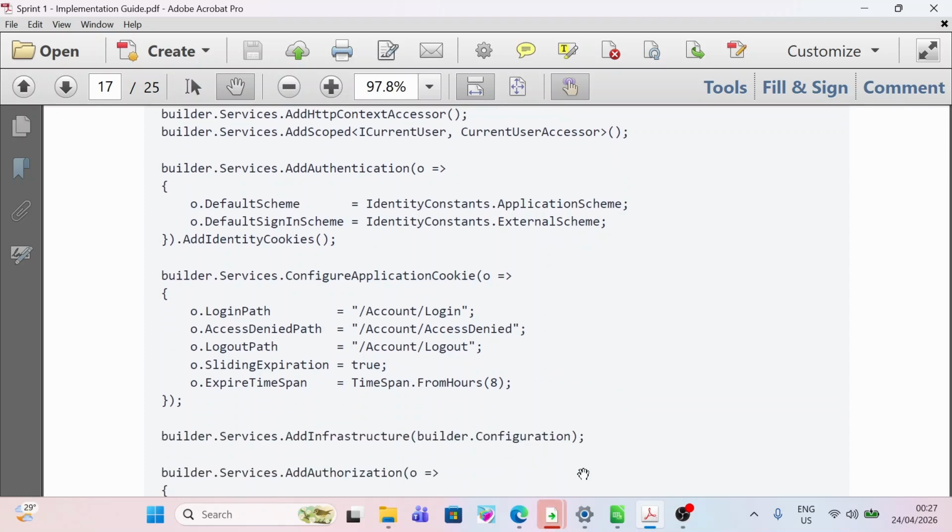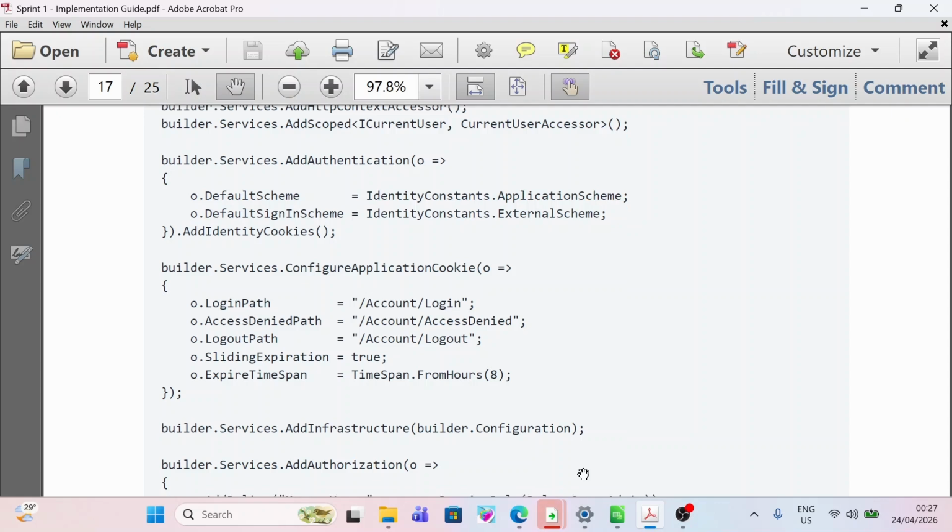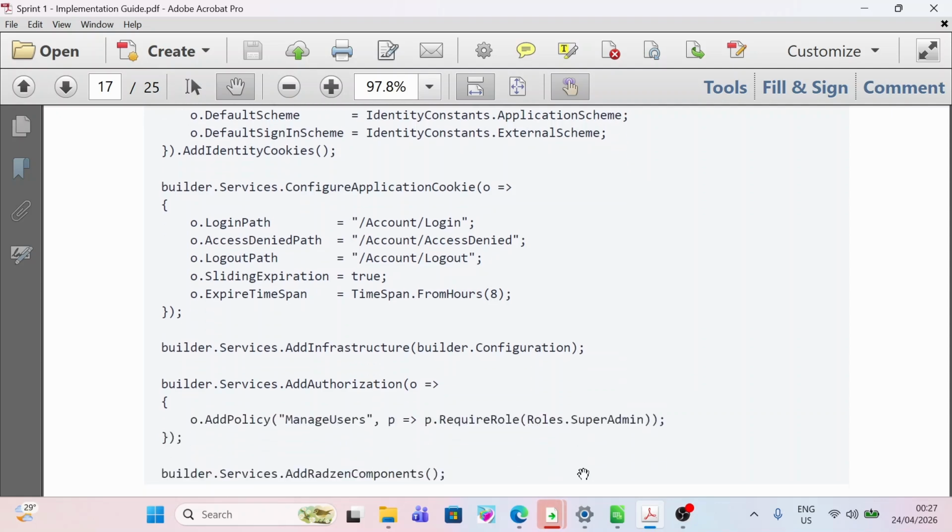builder.Services.ConfigureApplicationCookie(o => { o.LoginPath = "/account/login"; o.AccessDeniedPath = "/account/accessdenied"; o.LogoutPath = "/account/logout"; o.SlidingExpiration = true; o.ExpireTimeSpan = TimeSpan.FromHours(8); }); builder.Services.AddInfrastructure(builder.Configuration);